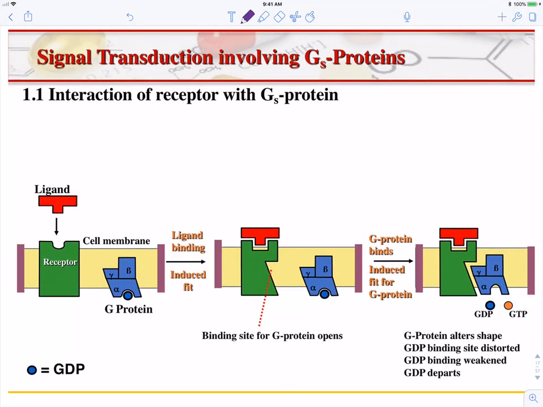So let's talk about the various types of G protein subunits. Several types of G proteins can be activated by the same type of receptor. In general, they all share the same topology, so they're heterotrimers, and they're located intracellularly but associated with the membrane. They bind GDP. When the receptor is activated, we have a change in shape, and so GDP is exchanged for GTP,